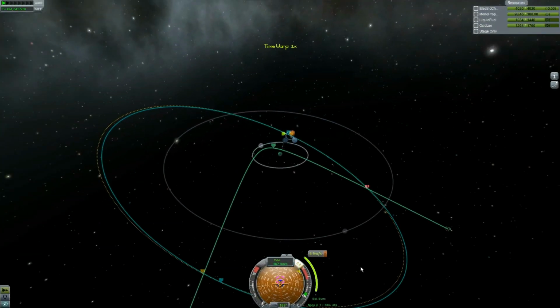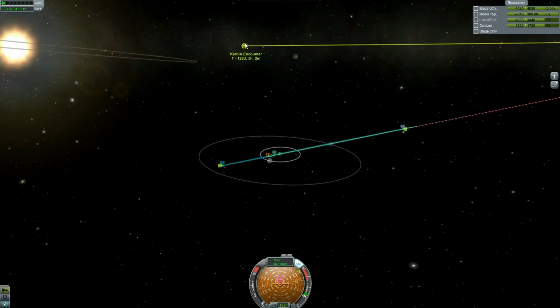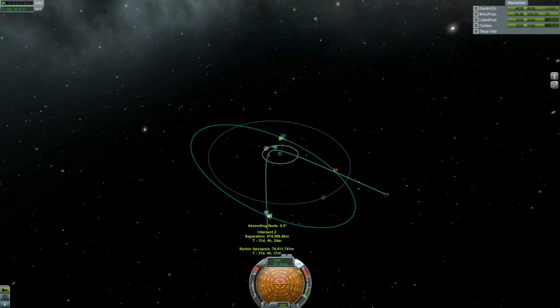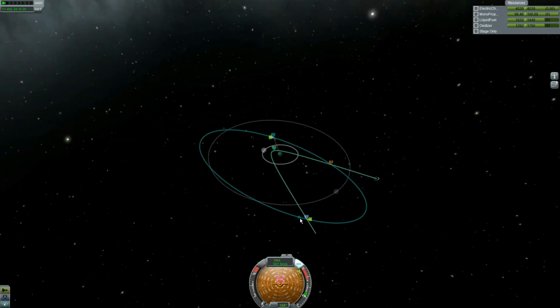And I did it again, but again, it doesn't really matter because this orbit's so big. Okay. We are 128 days from the encounter, and this ascending node and the Apoapsis is 31 days away. 128, 31. So now, when I drop a maneuver node here,